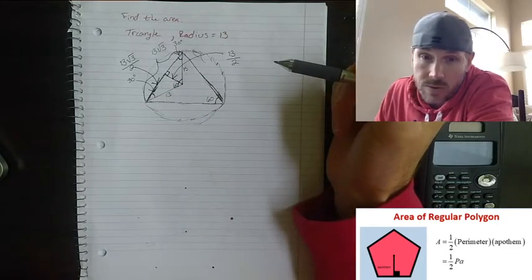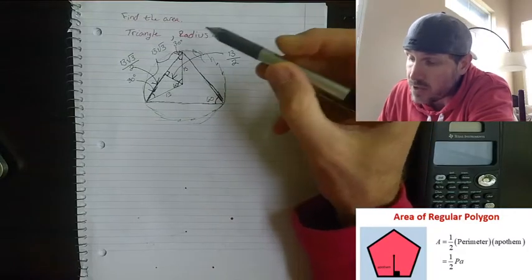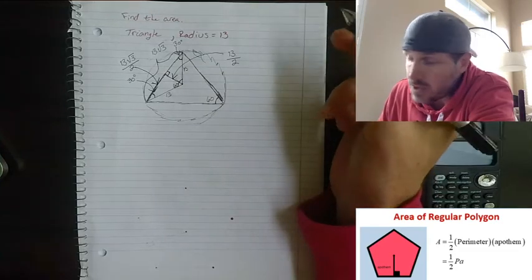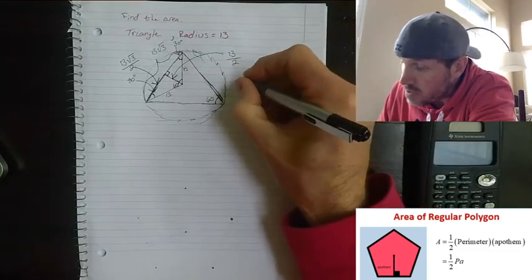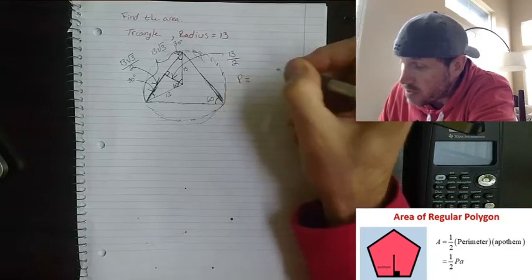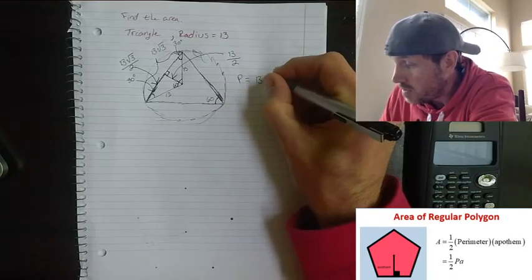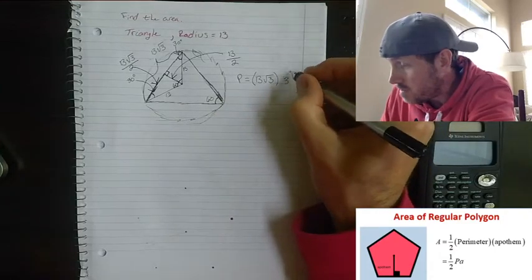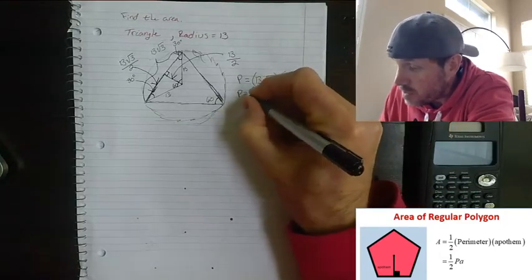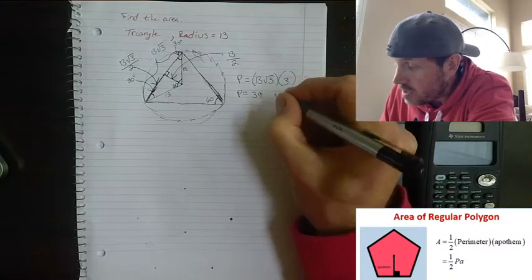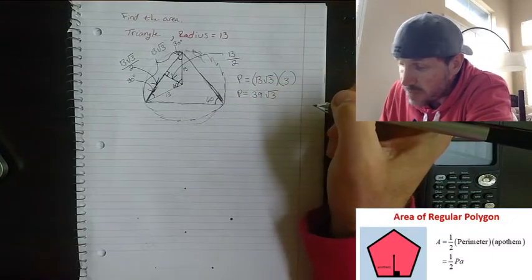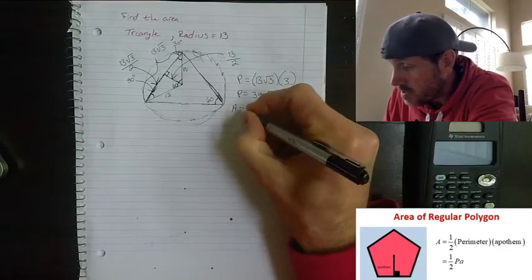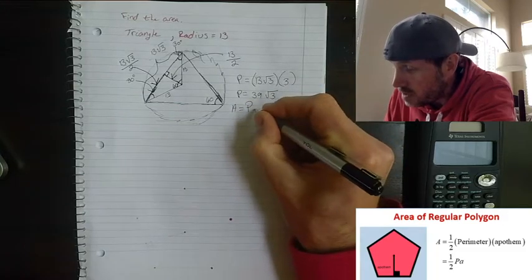Now we've got the length of our side, we've got our apothem, and we can now use our formula because we can figure out the perimeter based on this, right? So let's look at that. The perimeter is going to be that 13 radical 3 times 3 because it's a triangle. So the perimeter is going to be 39 radical 3. Okay? Our area is equal to the perimeter times our apothem,